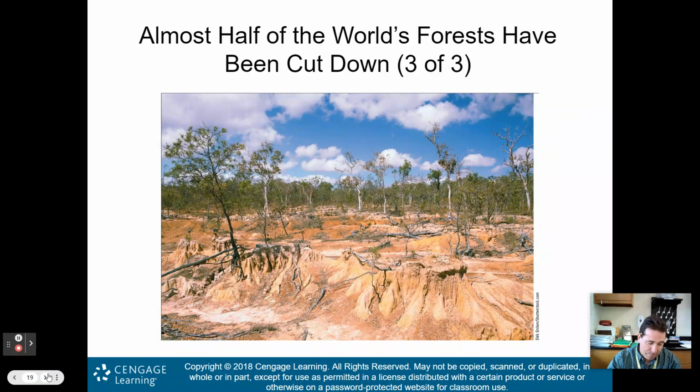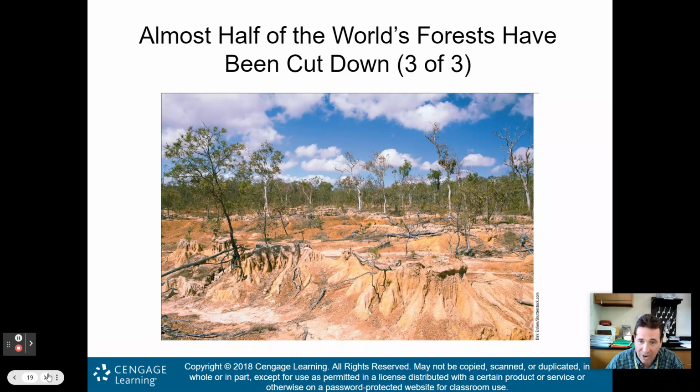This is just an example. This is severe soil erosion. This was a tropical forest that had been clear cut. Again, you see a couple of trees left, but it had been clear cut. It was also followed by livestock grazing. We'll talk about that more coming up, not so much in this chapter, but in some subsequent chapters. We'll talk about livestock, mass food production, and things like that.